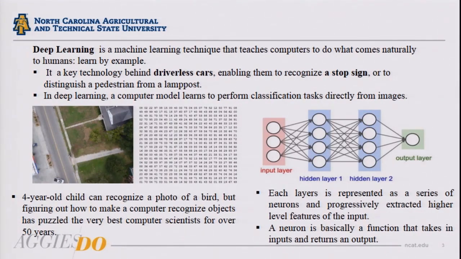Deep learning is one of the machine learning techniques that teaches computers to do what comes naturally to humans. So, as we see the images, we can recognize what features the images have. For example, we can see there is a road, building, vegetation, right? But the computer sees that pixel array. The computer doesn't recognize what features the images have. So